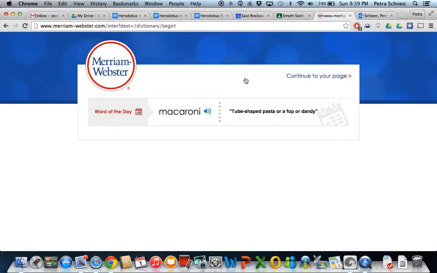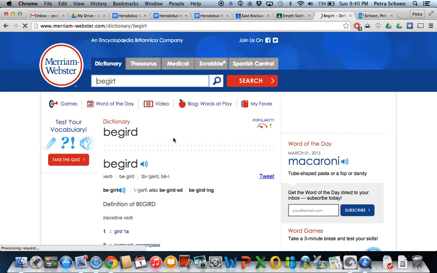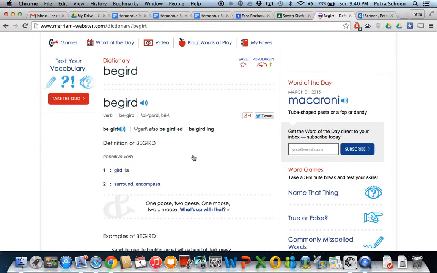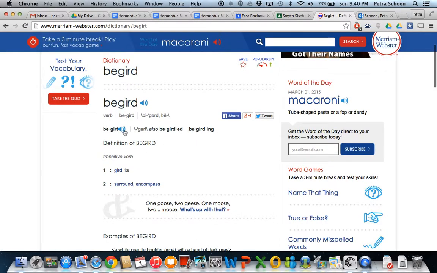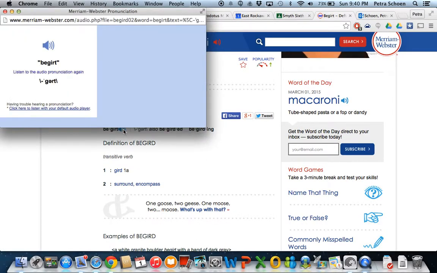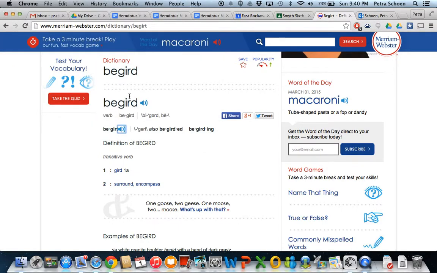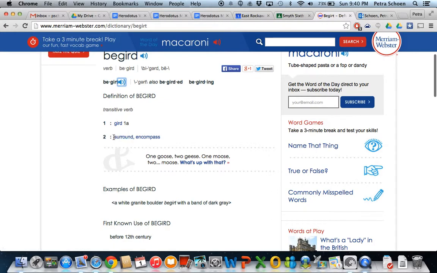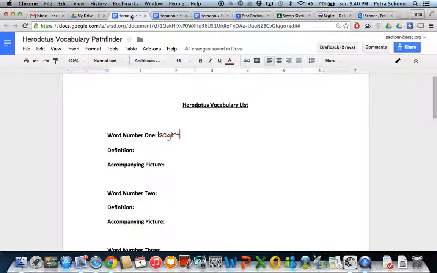You have 2 options. If you can't find it by doing the Tools and Define in the Google Doc, then go into Merriam-Webster, and there, begird or begirt, as you can see right here. Let me tell you. Begirt. And it means to surround or encompass. You're going to copy and paste that definition,